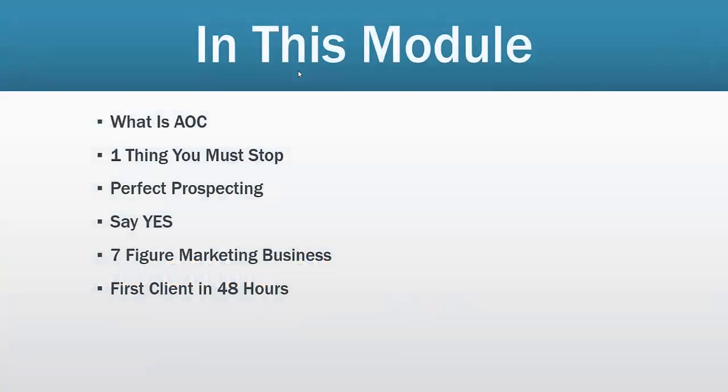In this module, we're going to be talking about what exactly is auto offline clients. The one thing that you must stop doing right now if you want to be successful in terms of offline marketing and building a business. We're going to be talking about the perfect prospecting and how to find those perfect prospects out there for your services, how to just finally say yes, get your clients, if it's your first client or if it's your 100th client, the 7-figure marketing business, and how to get your first client in 48 hours, because flat out, this system